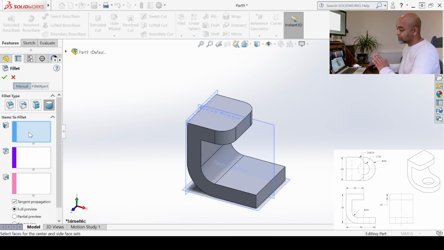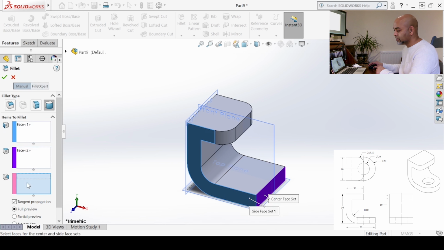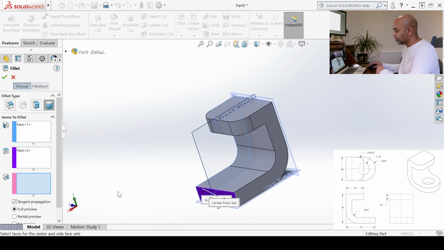Be very careful, because this then relies on you selecting those faces in that sequence. As you can probably tell by the icons here, you've got to select those three faces in a sequence, and hopefully Solidworks will knock it up quite nicely. So when that first box is active, I'm going to say this is my first face, activating the second box. This is my second face, activating the pink box there. I'm going to say this is my third face, and